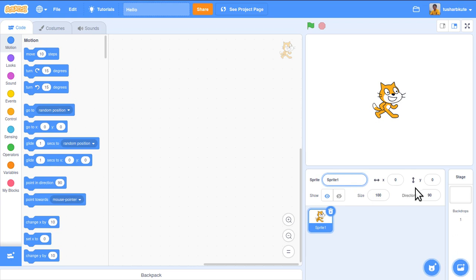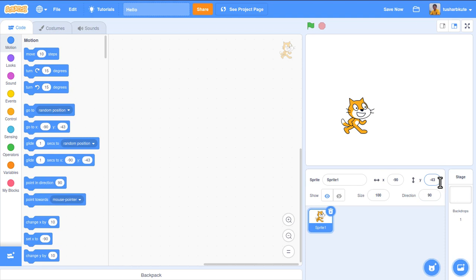And next to that, we have the position of the sprite on the output window. Position, like showing here, x and y, x 0, y 0. So exactly at the center position, x and y both are 0. Now if I drag this using a mouse, you can check this, x is moved towards 89 and y is 3. Again if I change this, x is 81 and y is 79. If I move it here, x is minus 90 and y is minus 40, this becomes minus now.